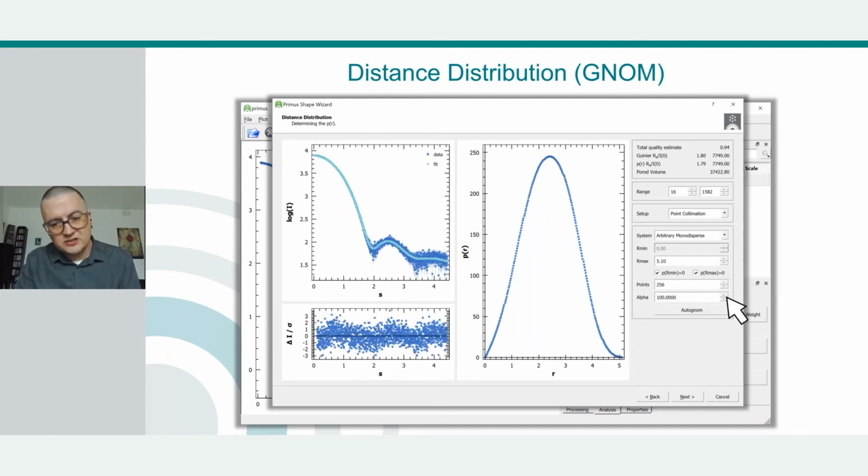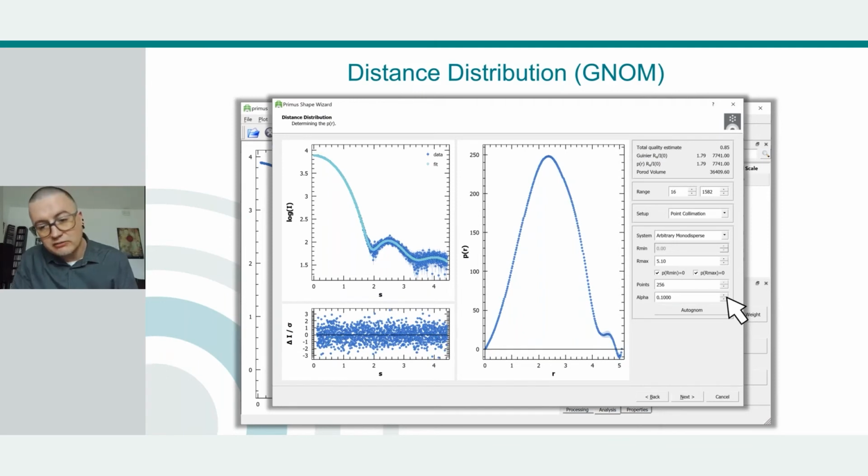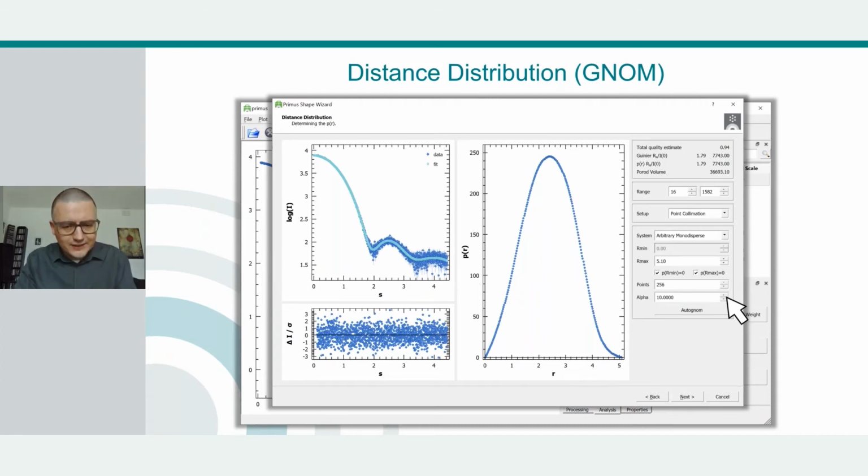So you can decrease the alpha parameter to get better fit to the experimental data, but with smaller alpha values, the P(r) function will not be that smooth. So you need to find the balance or rely on the automatically estimated alpha parameter. So once you're done with that and happy with the alpha and the fit to the experimental data and the Dmax, you can click Next.